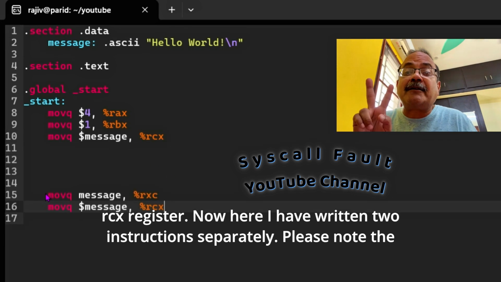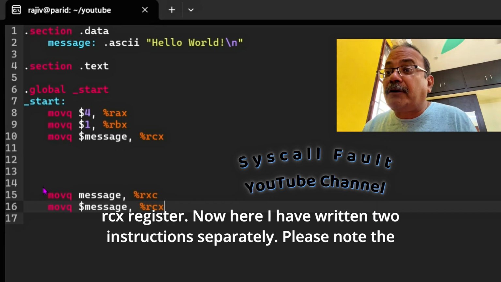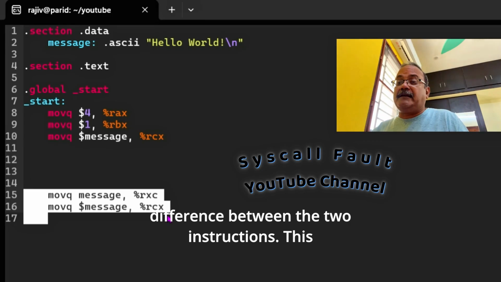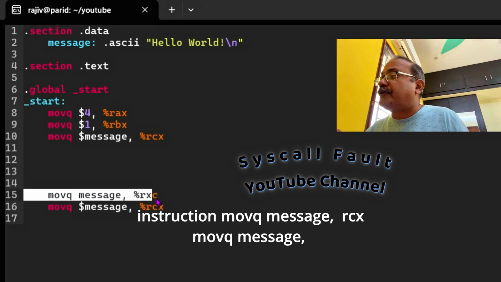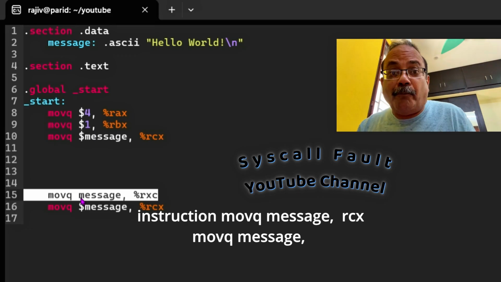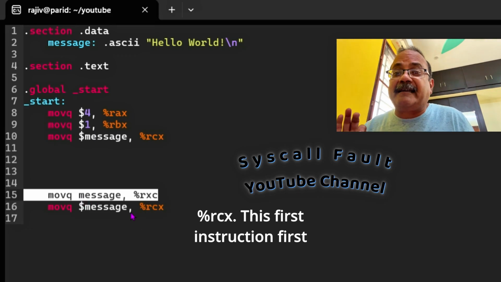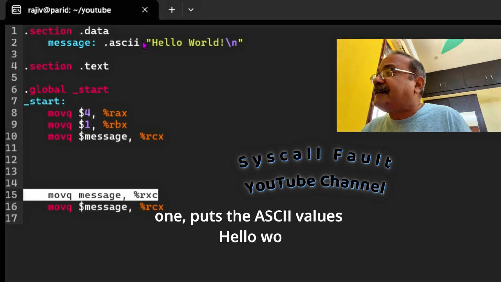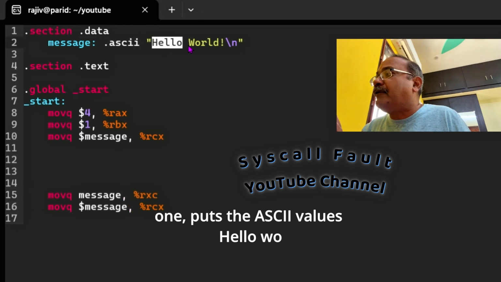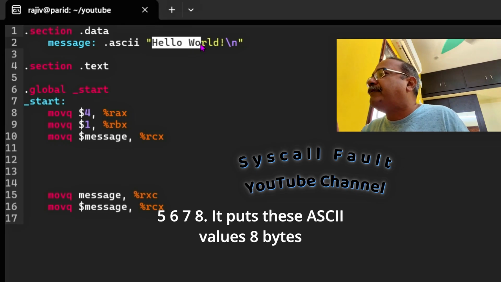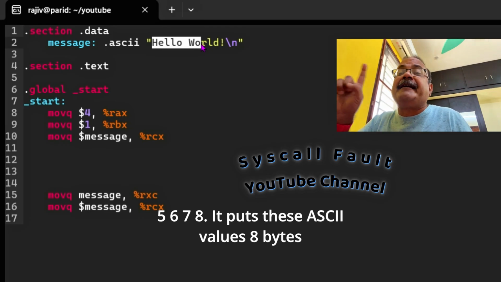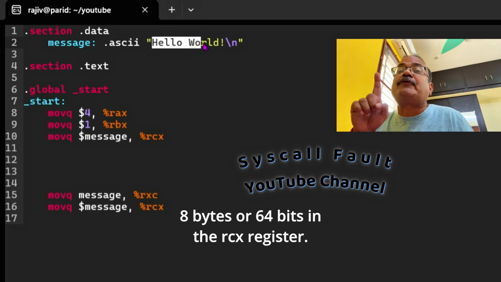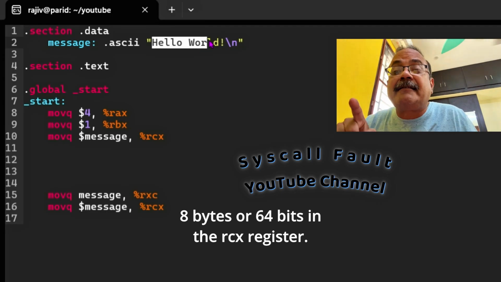Now here I have written two instructions separately. Please note the difference between the two instructions: movq message, %rcx and movq $message, %rcx. The first one puts the ASCII values of "Hello Wo", 8 bytes or 64 bits, in the RCX register.